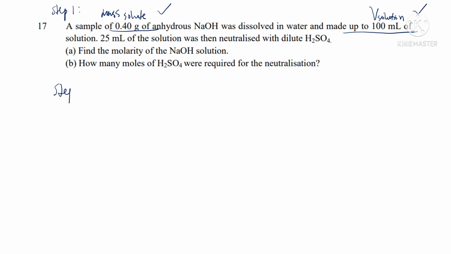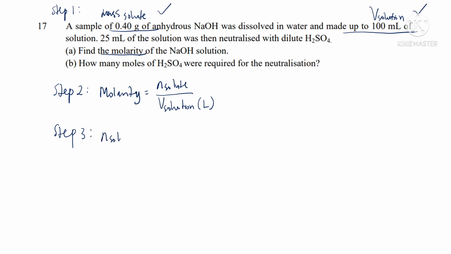So in step number 2, we write out the formula of what we want to find. So we want to find molarity. So the formula is moles of solute divided by volume of solution in liter. Step number 3, we do some conversion. So we want moles of solute. So that would be equal to mass of solute divided by molar mass of solute. Our solute is NaOH, so the molar mass is 40 gram per mole, to give us the moles of solute as